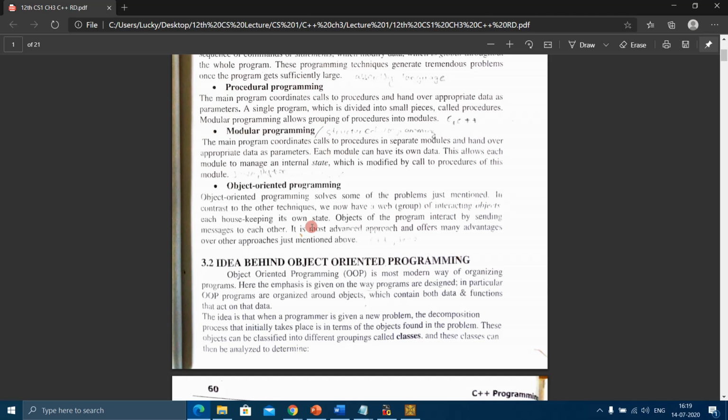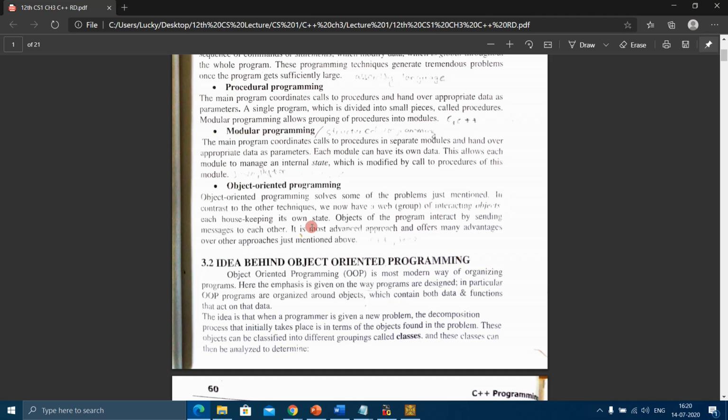Now, what are objects? For example, fruit is a class. In object-oriented programming, we have the concepts of class and objects. So, for example, fruit is a class, and mango, banana, apple, these are the objects of class fruit.